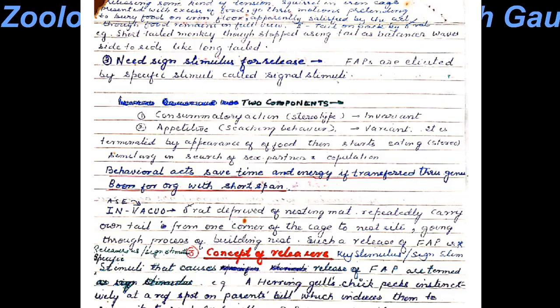If we paint a yellow stick with a red spot, the chick will peck at the stick too. This again validates that the pecking of the red spot is a fixed action pattern. These are some of the examples which I had mentioned to you. Now let us come to the evolutionary advantages of fixed action patterns. When actions are performed, there must be some evolutionary advantage associated with them.